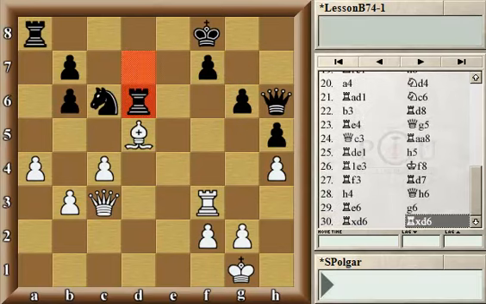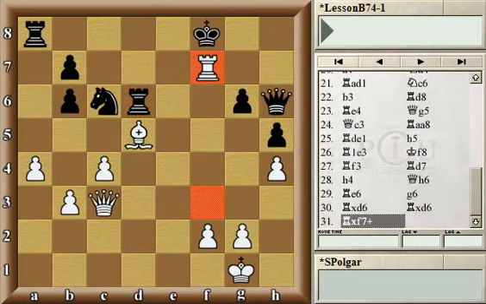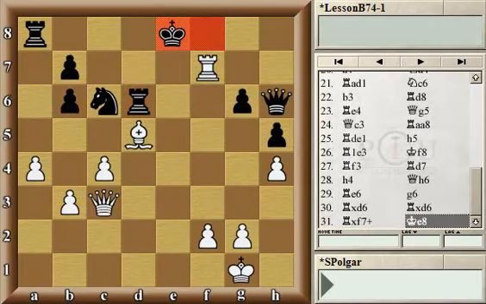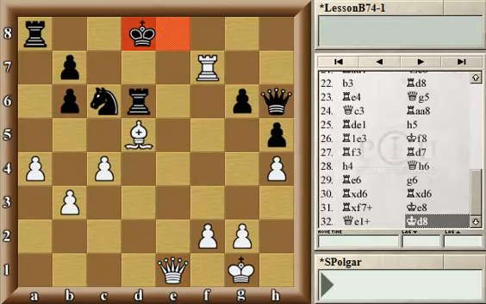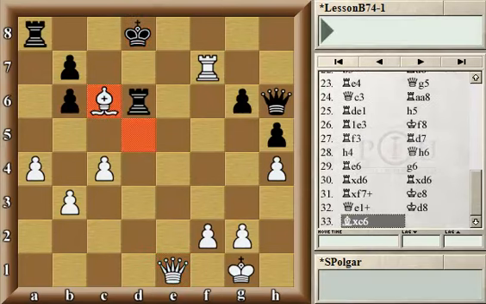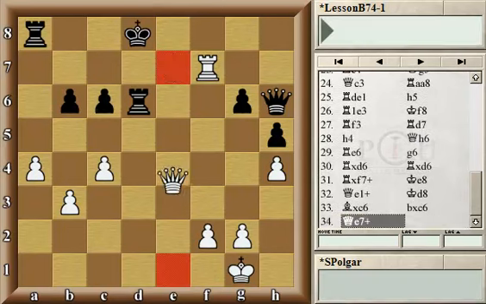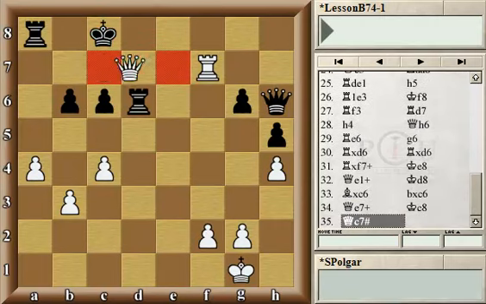If now black captures, then rook f7 check, king e8, queen e1 check, king d8, followed by the simple trade on c6. Why that trade is so important is that now the knight no longer guards the e7 square, and there's not much black can do against the white queen getting there, which, for example, after pawn takes, is quite deadly as checkmate arrives. Well, a very fine game by the British Grandmaster John Nunn